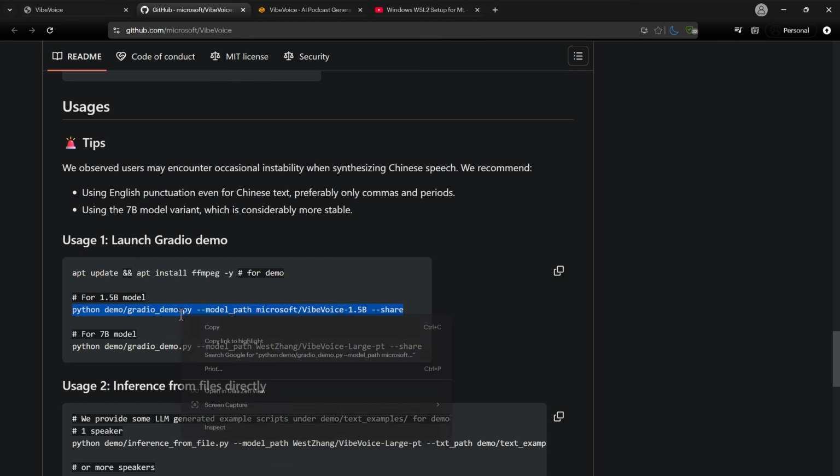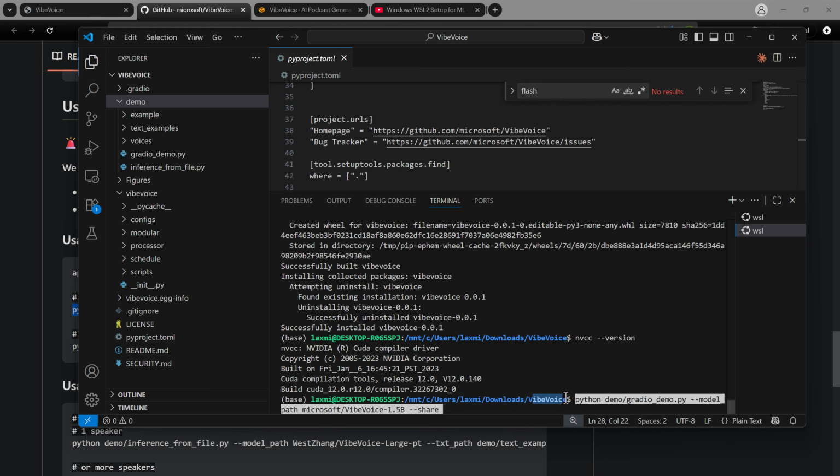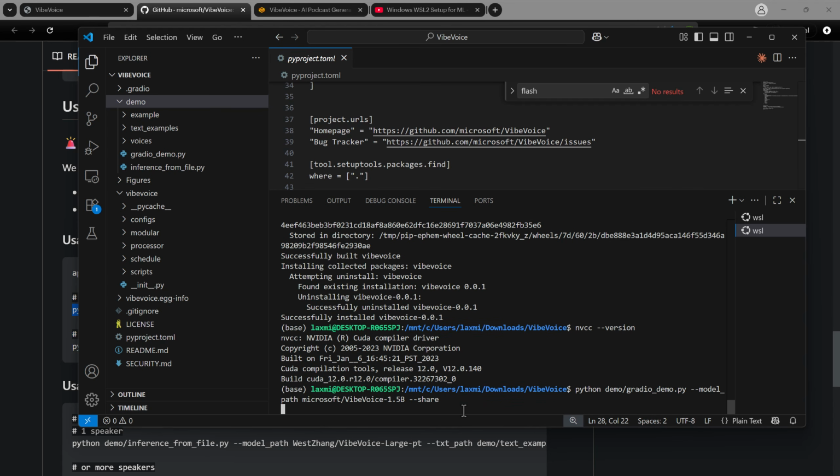All right. So I just copy this whole thing from here, and thereafter I come here. You need to make sure that you are in the VibeVoice directory here. Then I run python demo. It goes inside the demo, and then it runs gradio_demo.py. All right. And the model I'm currently going to use here is the 1.5 billion parameter one. Thereafter, I just simply run this.